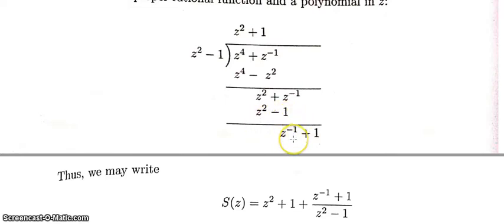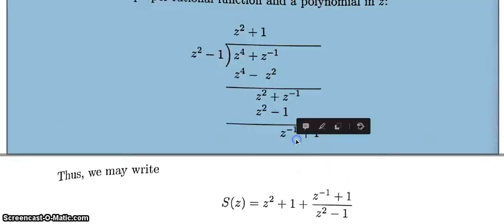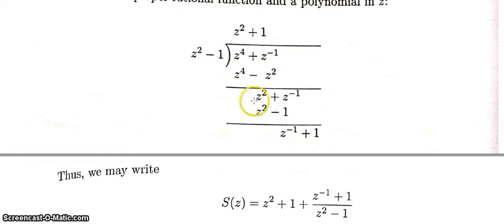Now when we do the subtraction, we get Z raised to minus 1 plus 1. We can see it has a power less than Z square minus 1. Therefore we can say this is the remainder of our division, and this is the quotient part. Therefore we can express S of Z as Z square plus 1 plus (Z inverse plus 1) by